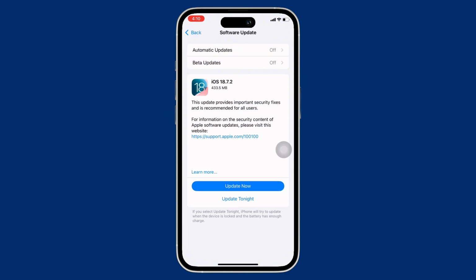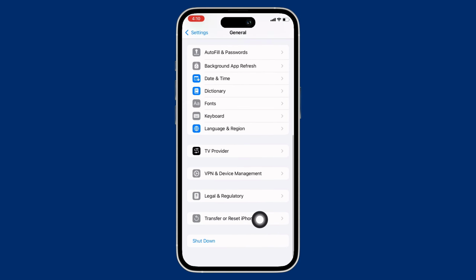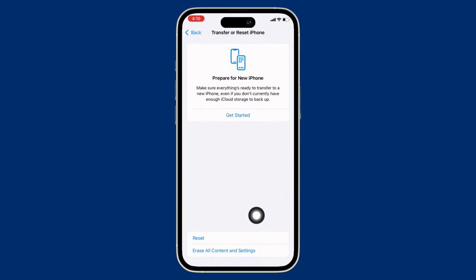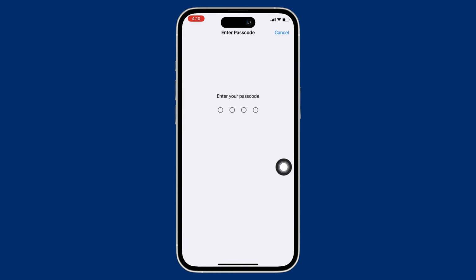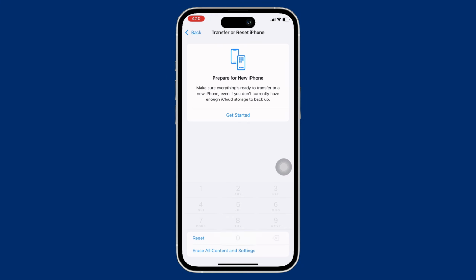version. Next, go back to General and tap on Transfer or Reset iPhone and then on Reset and then on Reset Network Settings. Enter a passcode and reset network settings and see if following these steps helps you in fixing